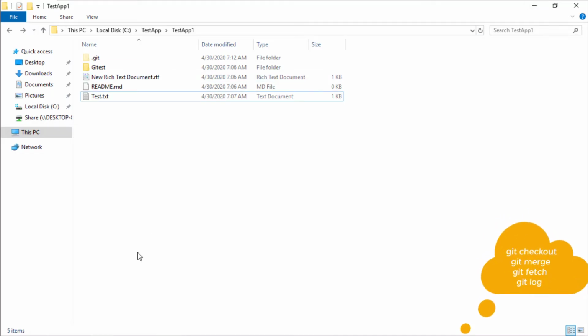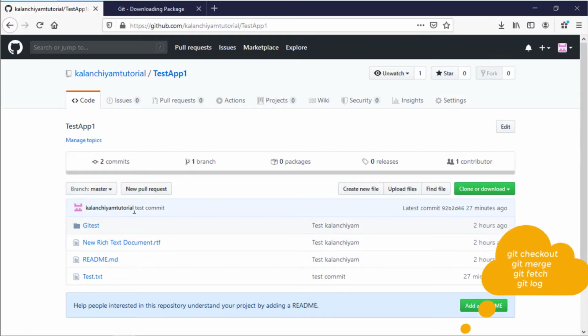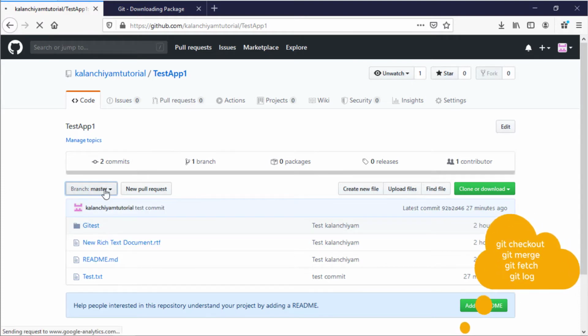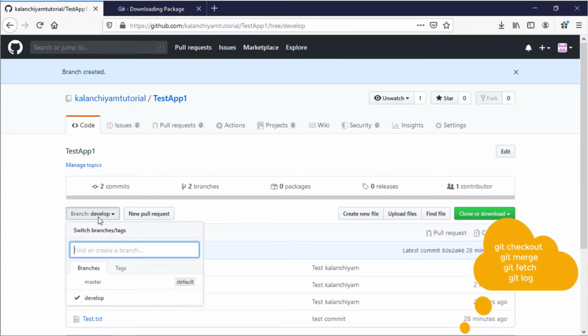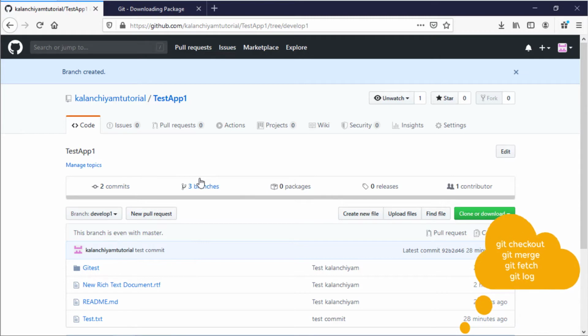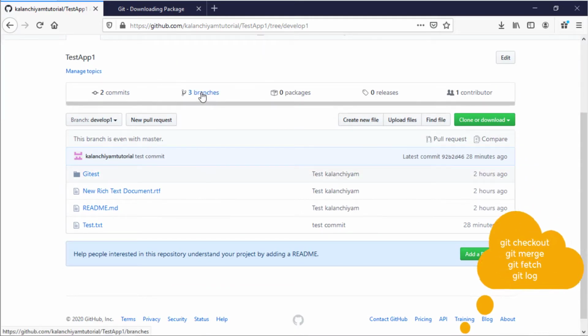I already have a master branch with me. I'm going to create two more branches: develop, and then develop one. See, once you create them, you can see three branches in total.